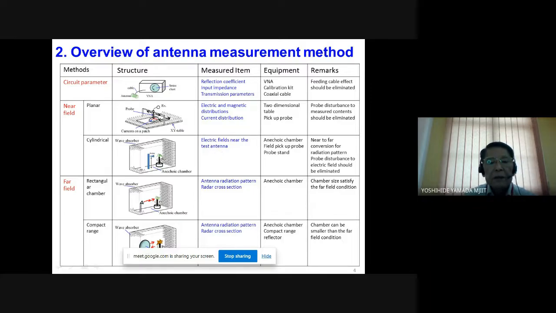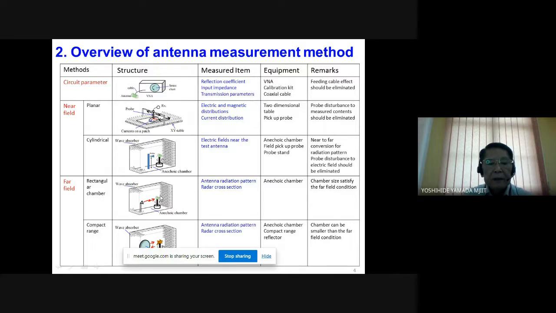If the measurement antenna size is very large, like a mobile base station antenna, this cylindrical near field measurement is very convenient. And far field measurement is